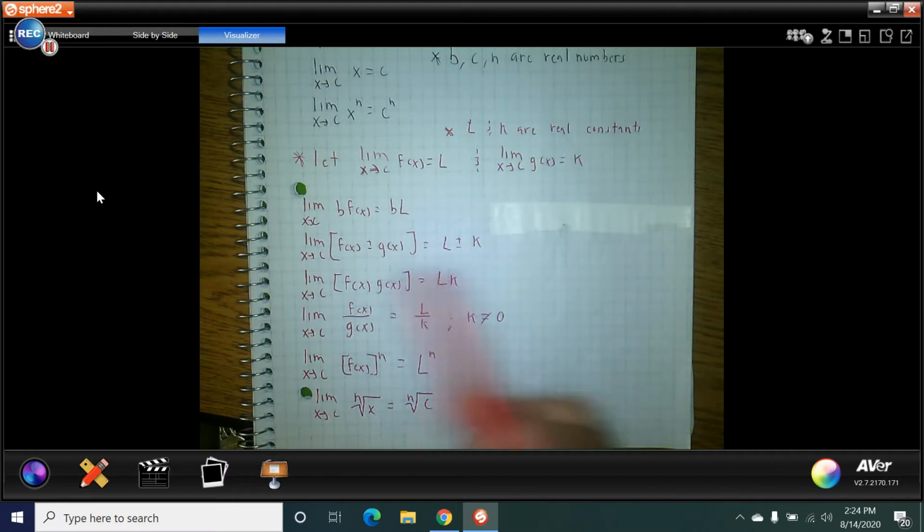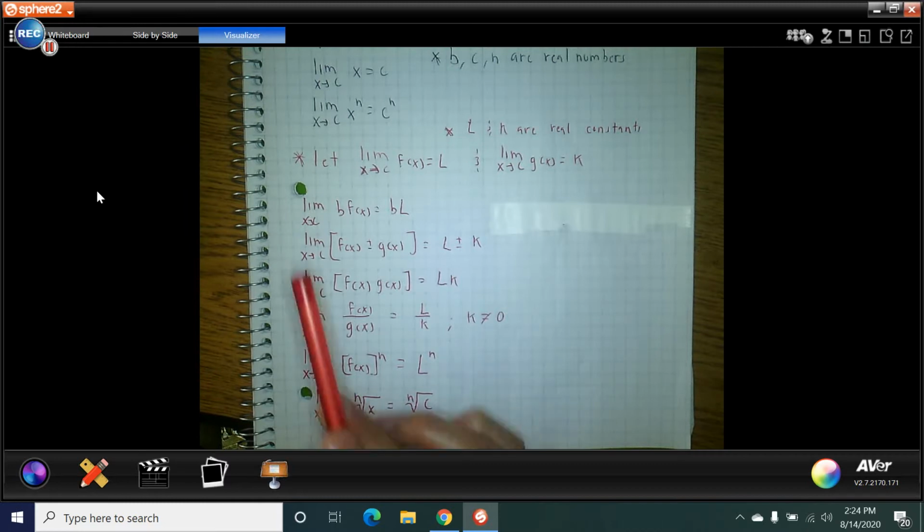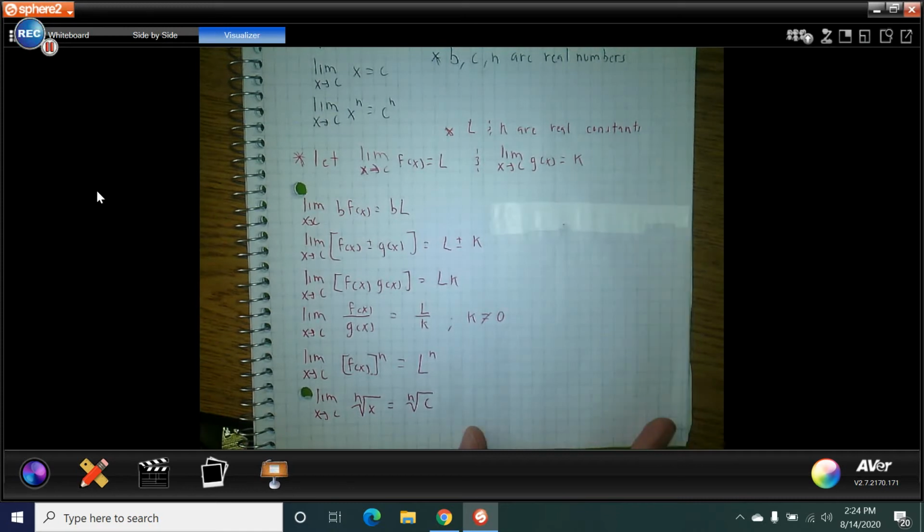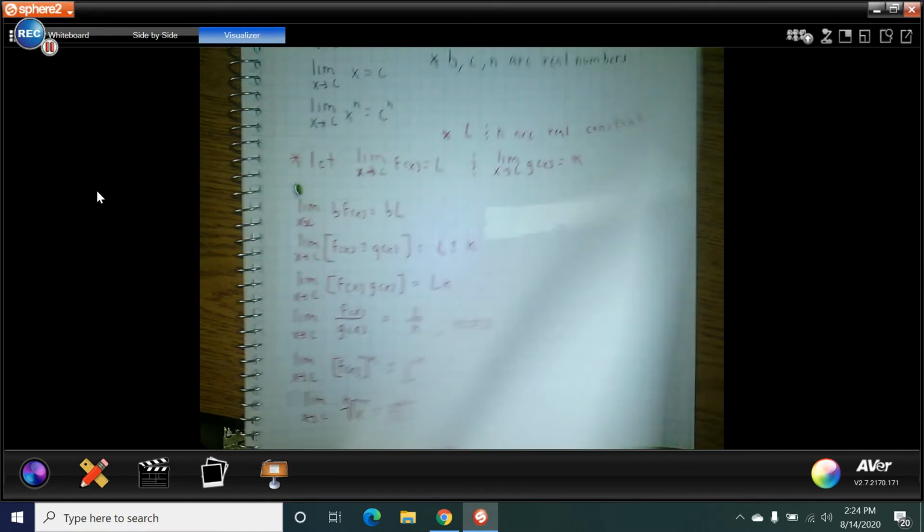One of the things I want you to notice about this is that we keep substituting in c for x, and that's what's happening on this one, that's what happened on a few others, like the top one and this one. Okay, so that is going to be one of our techniques of evaluation, which is direct substitution. But we have one more property to talk about,